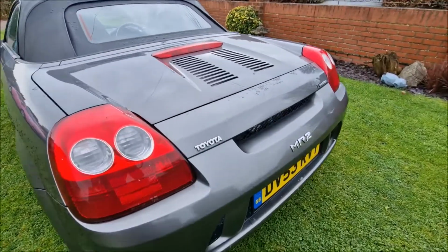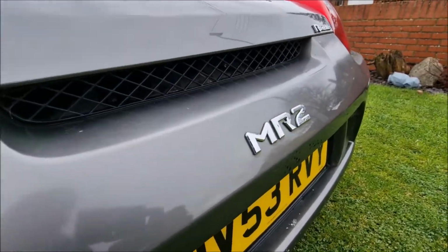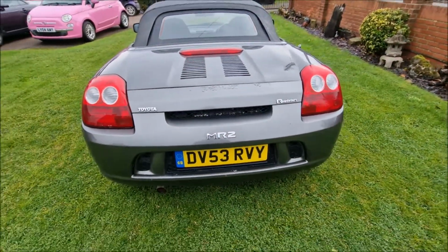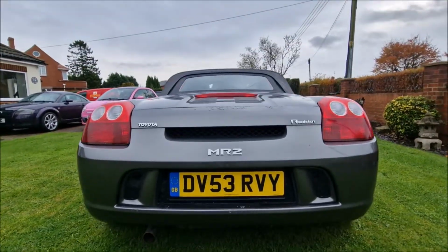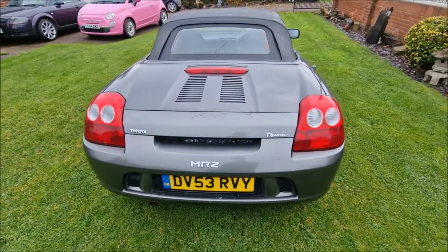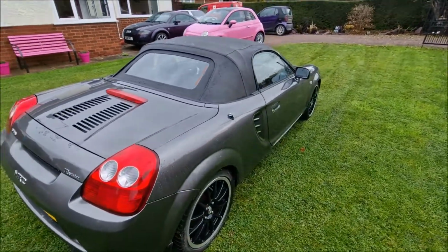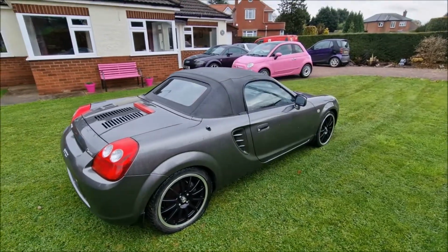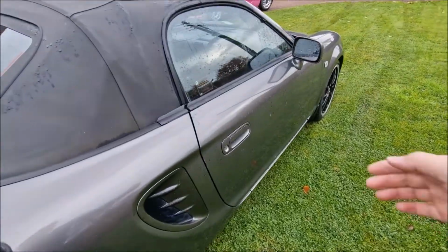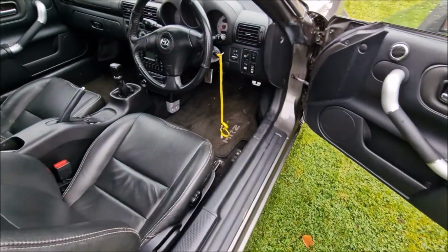It belonged to a friend of mine who sadly passed away. I say a friend. I shouldn't really say friend. He was a school mate of mine who passed away. We lost contact after school. More of an acquaintance. Let's use the word acquaintance. I think that's more fitting. He sadly passed away a couple of years ago, and his widow got in contact with me via Facebook, and I purchased the car. Totally open and honest with what I do, my YouTube channel, X, Y, and Z, and